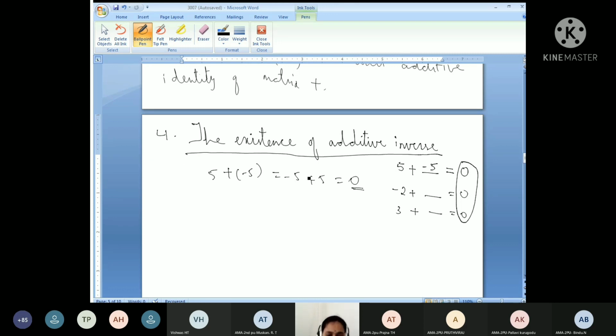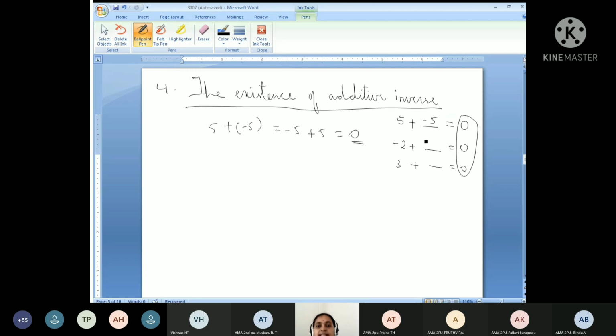Similarly, we have to say it in matrices. What will be the answer for this? Minus 2's answer? The additive inverse is plus 2, for 3 it is minus 3, like that. Okay, so what must be the additive inverse of a matrix? I have to tell. Let A be any matrix of order m by n. We have taken some matrix. Then what will be its additive inverse? Its additive inverse will be minus A, which is equal to minus,